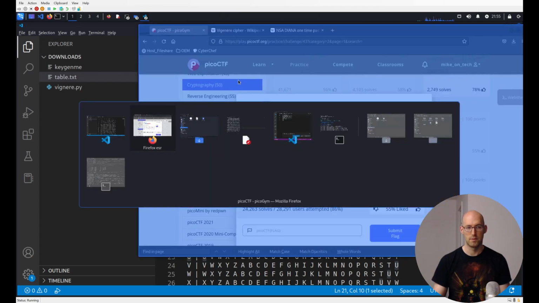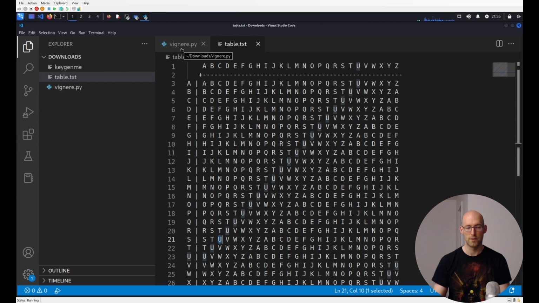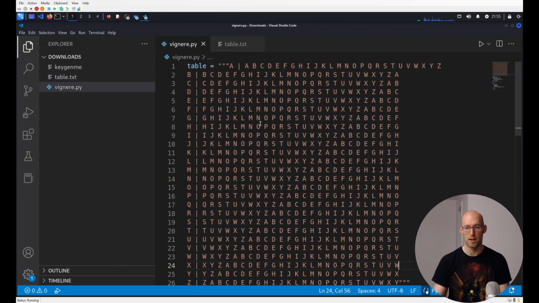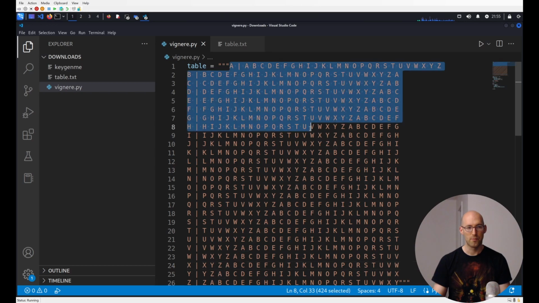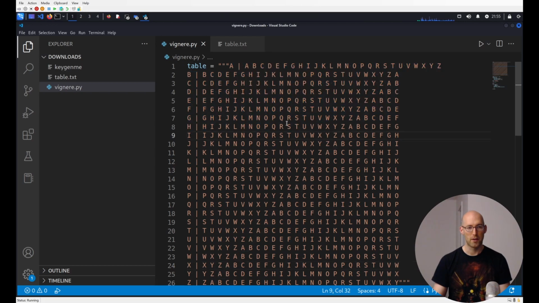So I had no interest in doing this. This is taking forever. So whenever something is dumb and manual, you might as well try to sharpen the saw and do a little programming, all that good stuff. So what I did was I took the table, dumped it into this Python script,